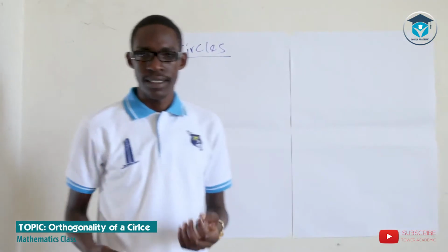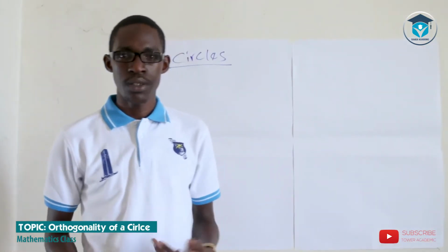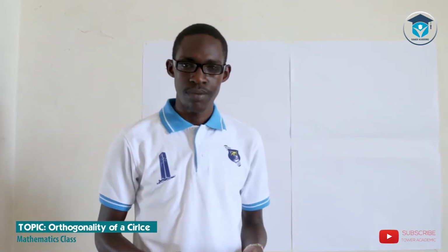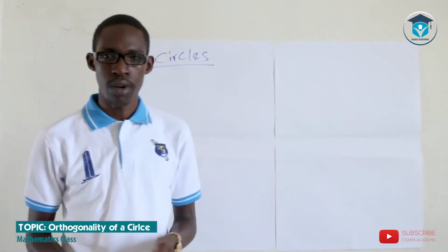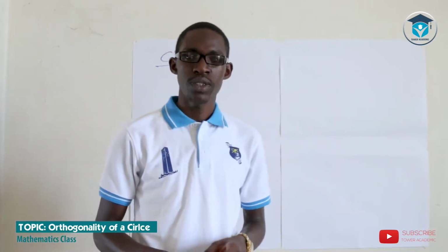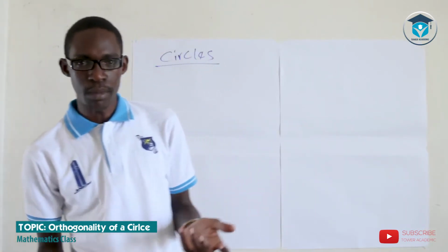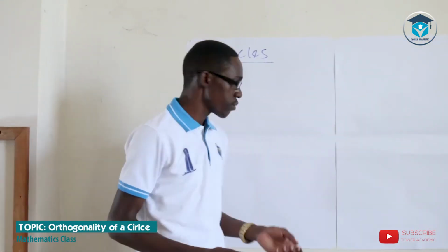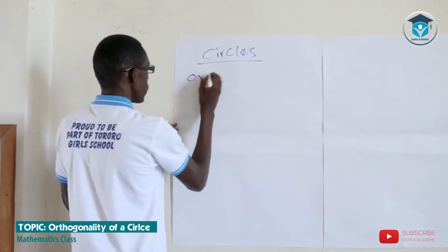And now in this case, we are going to come up with two circles, and these two circles are superimposed and they will form a right-angled triangle. So we are going to be looking at orthogonality. When two circles are orthogonal, what does it mean? So when we talk about orthogonality of a circle,